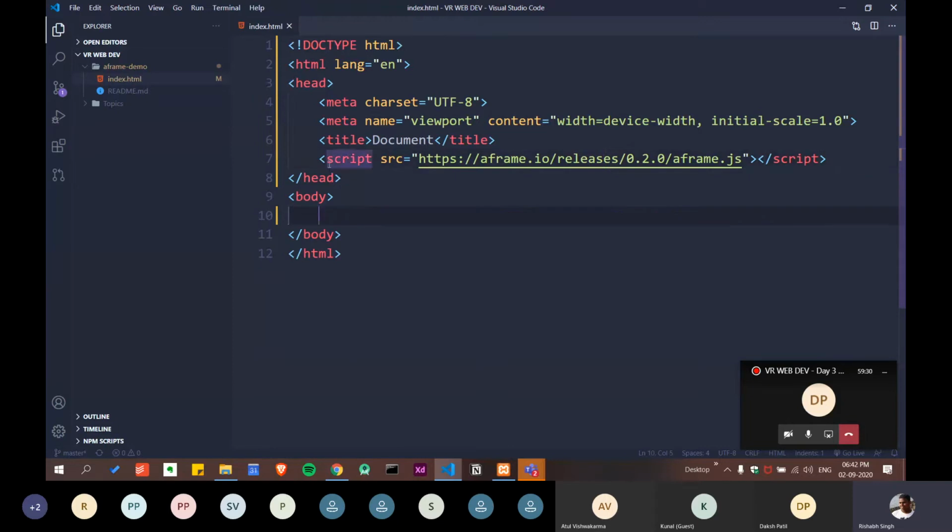And now we are not going to do some A-frame right now. We are just going to first revise our HTML tags. So everything is on you. I have typed nothing. VS Code has done everything for me. So the first thing I'm going to do, I'm going to enter a comment. Let me do it.